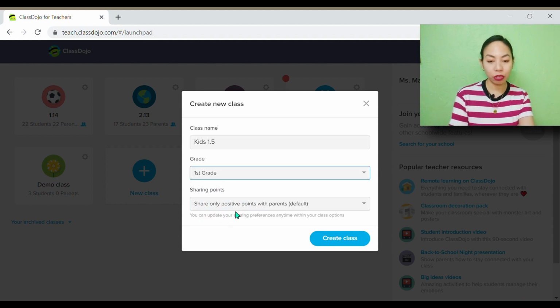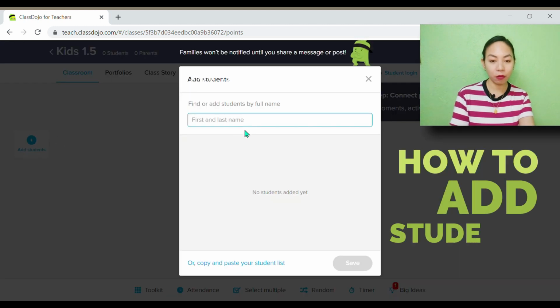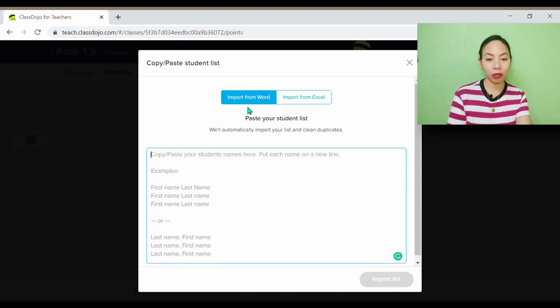You can choose to just share the positive points, create class, and then you're inside. All you have to do is to add your students, which you can do manually. Anna L, for example, Ben, do this manually, or you can also import from Word or import from Excel,